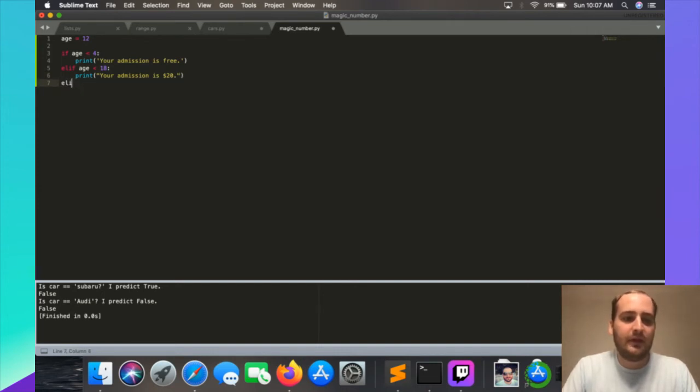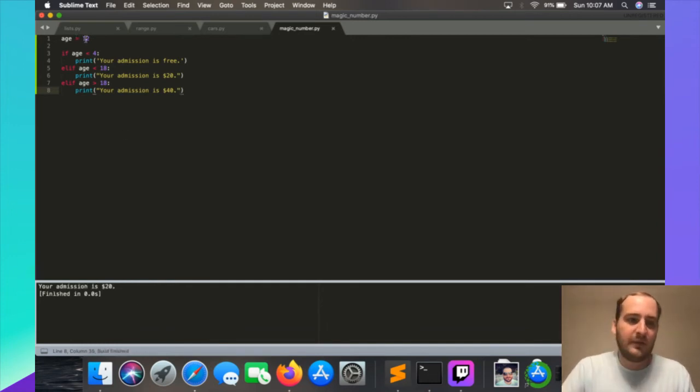We could type elif age greater than 18. But you see, that's probably going to give us a problem here, and I'll show you why in just a second. Print your admission is $40. Jack the price up on you once you hit an adult. So if we run this, you can see our admission is $20 because we're 12. But what would happen if I was to type 18? We get no response,